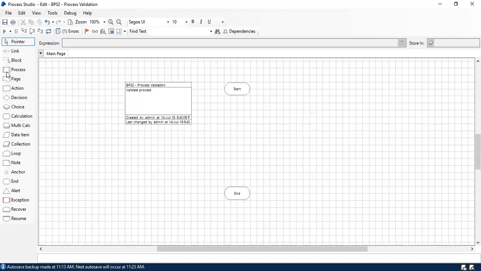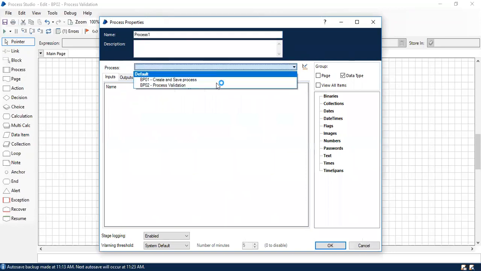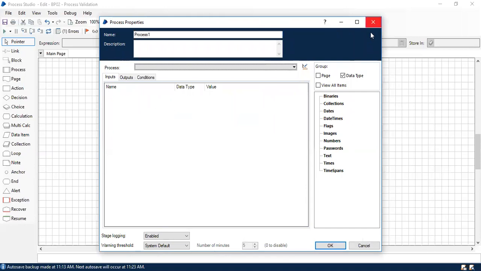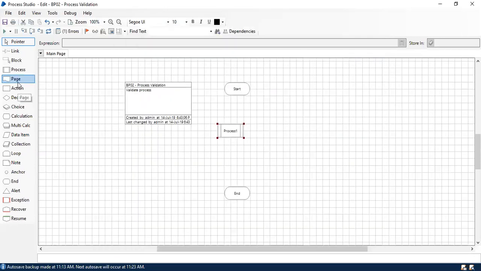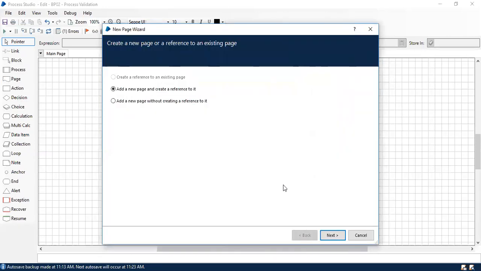And you have process and pages. Process is used to call a sub process. If you have another process which needs to be called into this process, you have to use this process stage. When you double click it, it will allow you to select a different process. You can call any one of the processes into this page. So it is basically used to call a sub process into the main process. And page is similar to that, as we call a sub process using the process stage. Here you can call any pages using the page reference within the main page. You can call n number of pages, so you don't have any restriction for that.